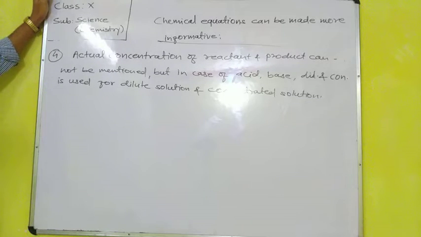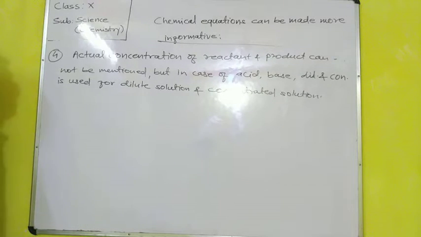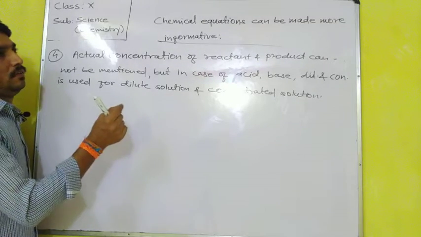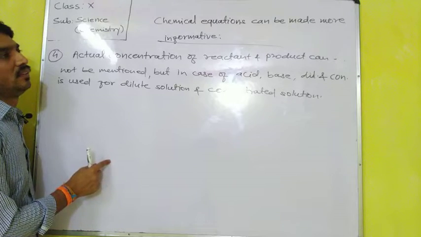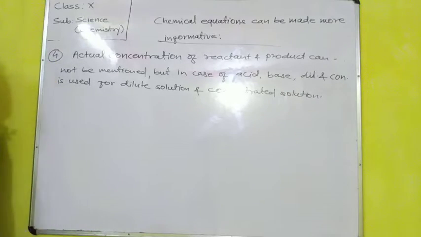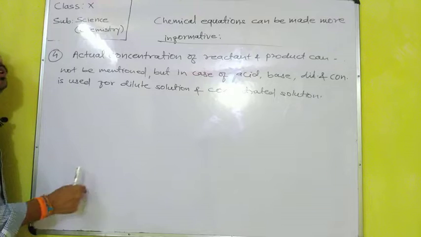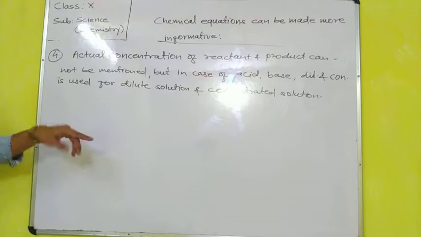If the amount of solute is at its maximum, then it is concentrated, and if the amount of solute is less and the maximum amount of solvent is present, then it is known as dilute. Suppose in a glass of water we add half a spoon of sugar, a very little amount, it is a dilute sugar solution. And if we add 2-3 spoons of sugar in a glass of water, it will be a concentrated solution.